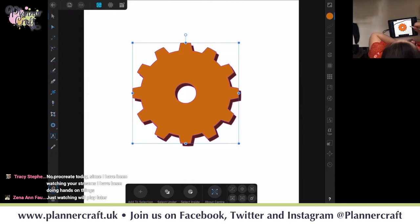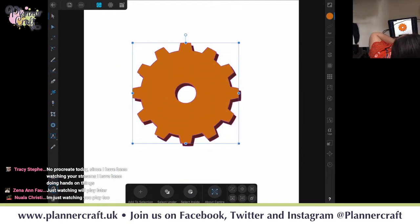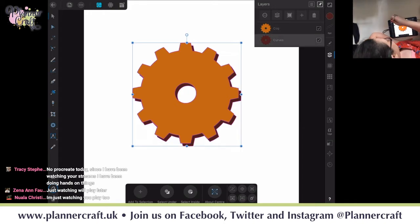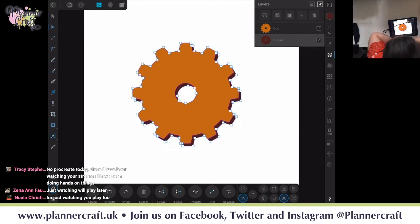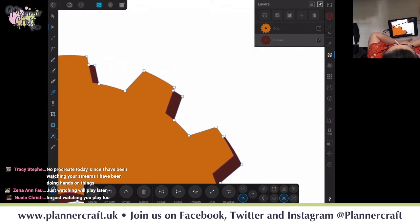Okay. So now we have our shadow layer underneath, and I'm going to align my cog back over the top. I'm going to go into my layers. I'm going to select my bottom layer, which is the shadow, and go to the node tool. If you're on a computer at this point, it's just press A to get there. I'm going to zoom in just to make life easier, so to do that on the iPad it's just a